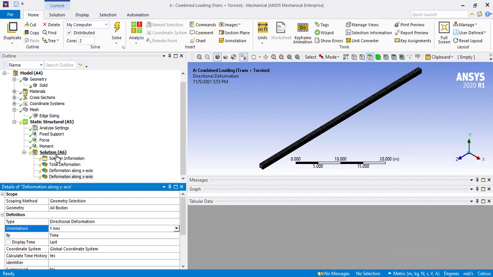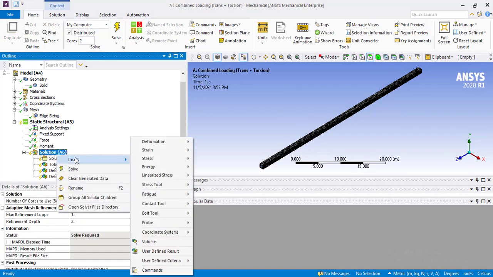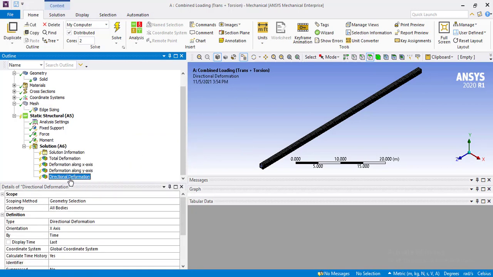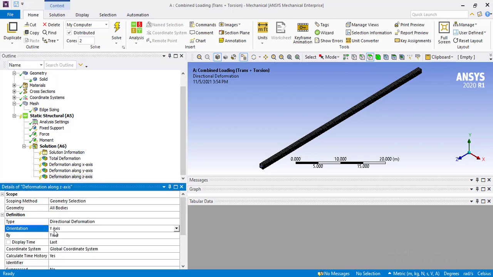Then again go to the solution, right click on it, insert deformation directional. Right click on it again, rename it to deformation along Z axis and press enter. Change the orientation again from x-axis to z-axis.